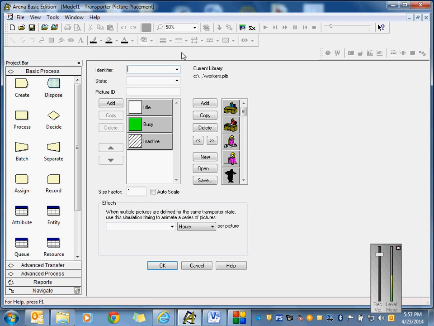and then identifier is going to be what? Forklift 1. Under states, I usually delete inactive, and I usually only use busy and idle. And now here's the trouble. There's no forklifts in here. No forklifts in here. So what I'm going to do is go in and get the picture